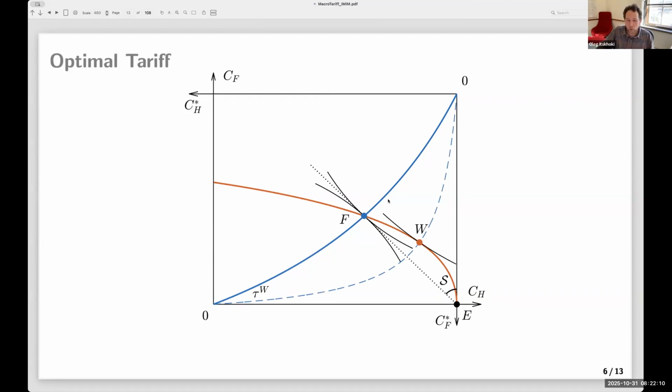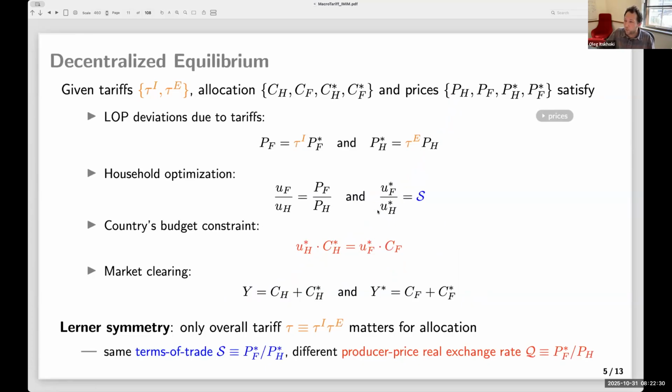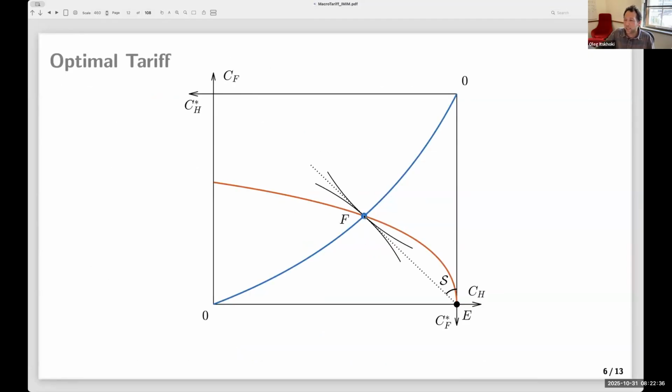You'd want to do something like this, where the marginal rate of substitution at home, the ratio of marginal utilities, touches the implementability condition. That's the optimal tariff. And what is this dashed line? This is the distorted contract curve. It's the contract curve that emerges when there is a gap between the home marginal utilities and foreign marginal utilities equal to the optimal tariff, right? And so this is the intersection of the efficient contract curve with the balanced trade, and this is the intersection of the distorted contract curve with the optimal tariff, with the balanced trade. And so this is the allocation that would emerge with the optimal tariff.